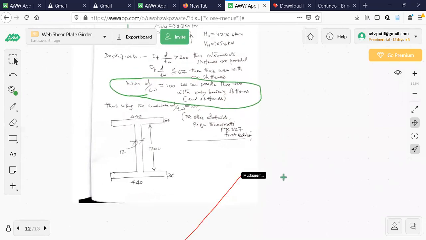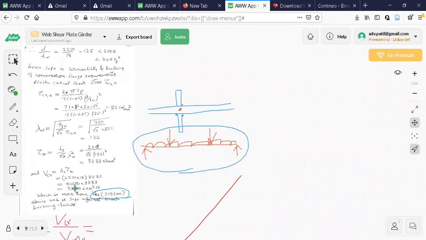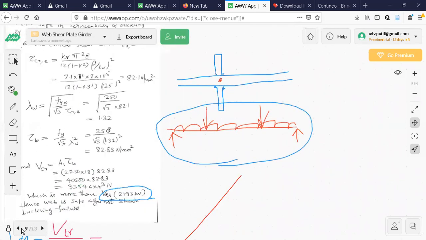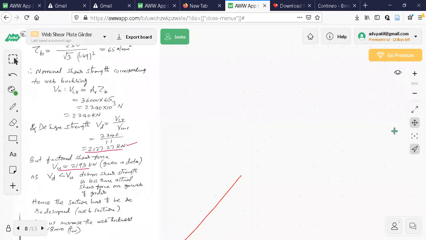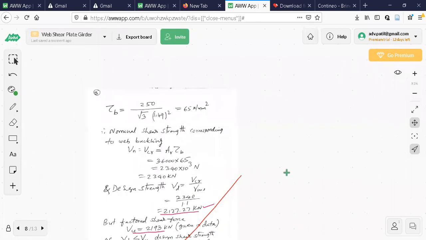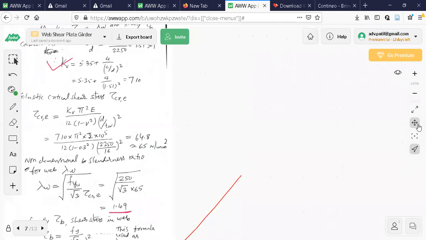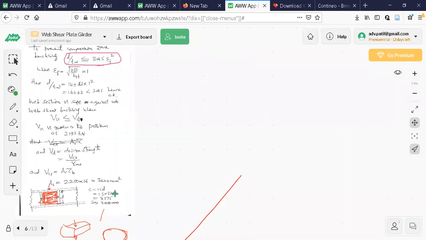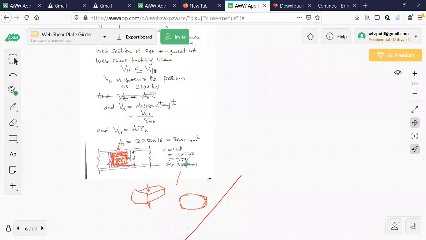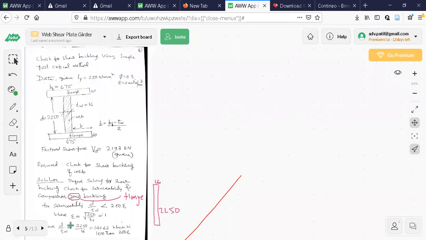So I will stop it here. Because you can see this one here, just my yesterday's notes are here only. All these are there. So this is very compulsory. If there is a plate girder, you have to design this. You have to check for shear buckling. So it means we have reached nearly 30